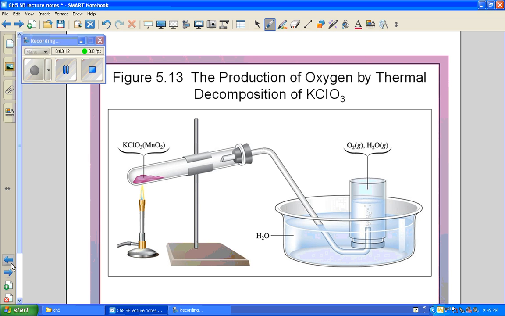This is very similar to what we did with the butane lighter. We did not heat our butane. That's why it was a little bit easier to collect the gas. But again, we are talking about the production of oxygen by thermal decomposition of potassium chlorate. And in this situation,